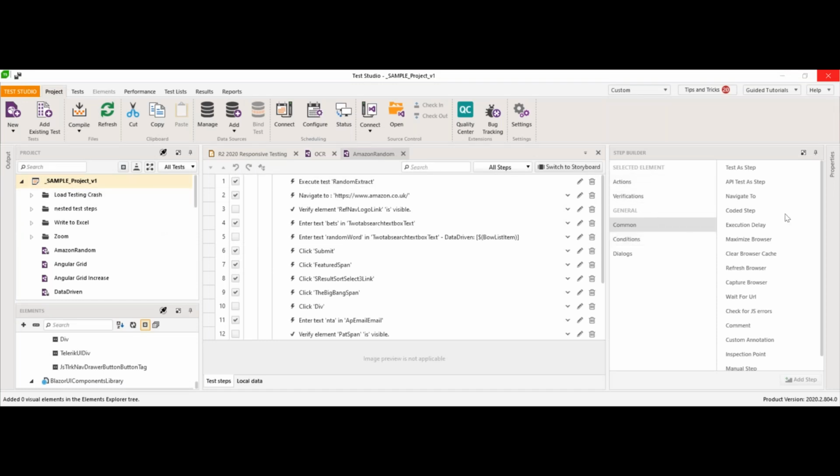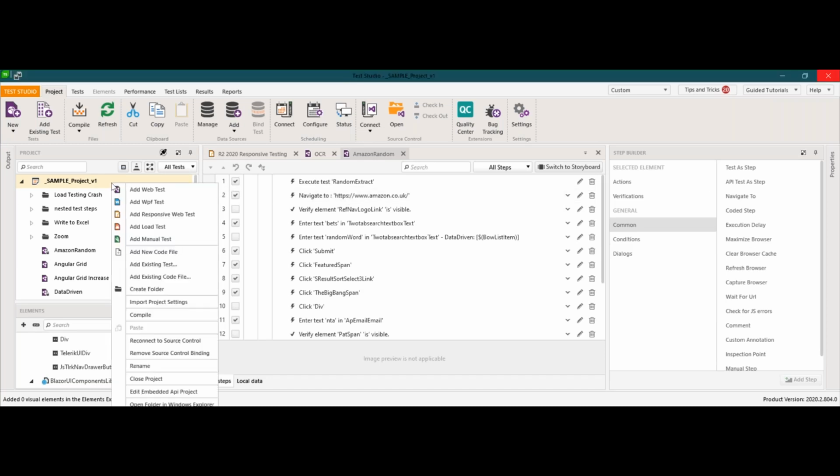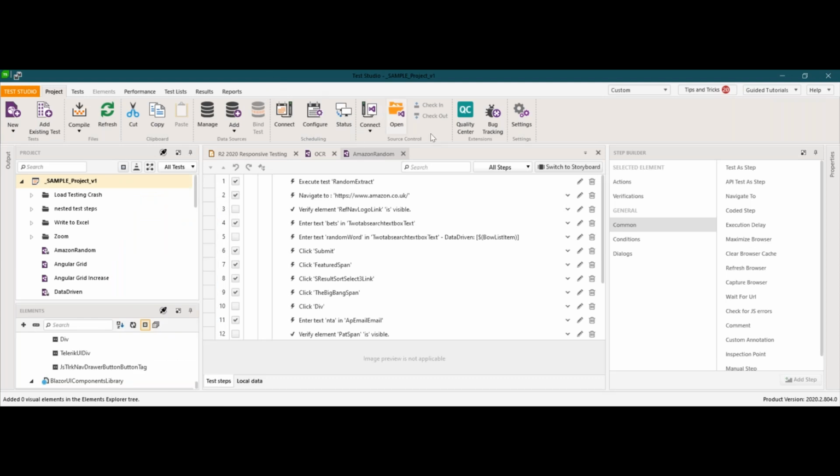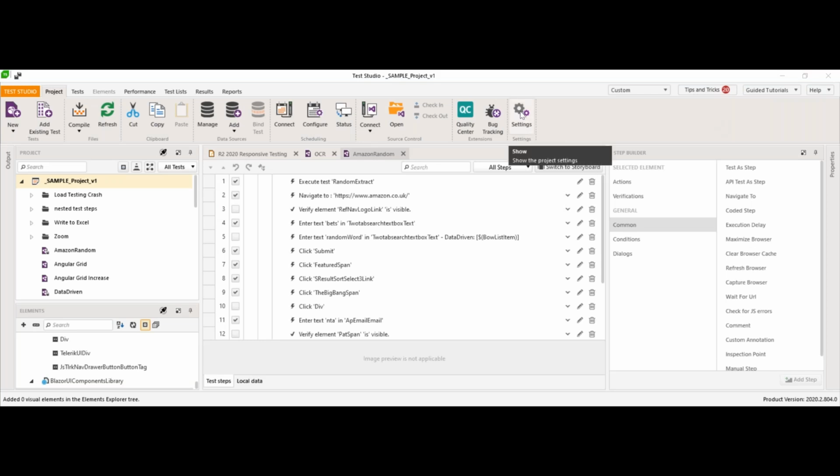What you can see on Test Studio is my current instance. By right-clicking on the project, there is a new type of test, which is called Add Responsive Test, which you can create at any point of time. But before we go to there, as I said during the presentation, it is very important to go to the settings,